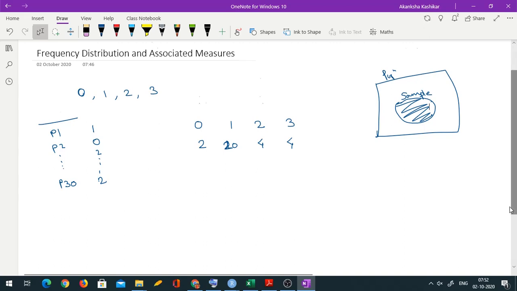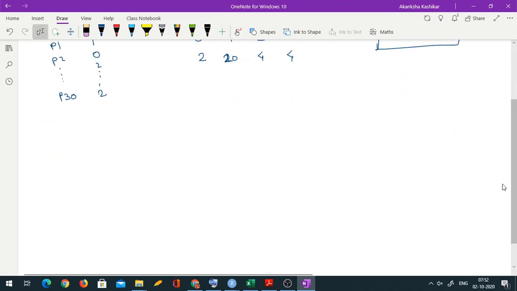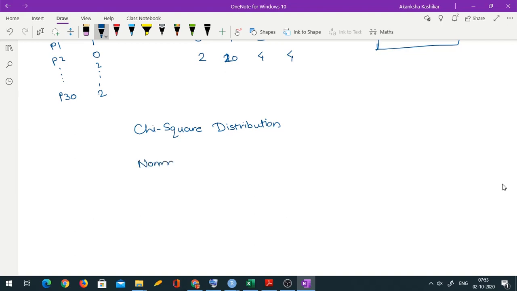So most of the tests based on frequency distributions are associated with the chi-square distribution. You have seen basic probability distributions and chi-square distribution is one of them. We won't go into the PDF, it's a slightly complicated form and anyway it is available in most of the books and over the internet also. So I don't expect you to remember the PDF. PDF is probability density function. But I want you to remember, if you know something about the normal or Gaussian distribution.